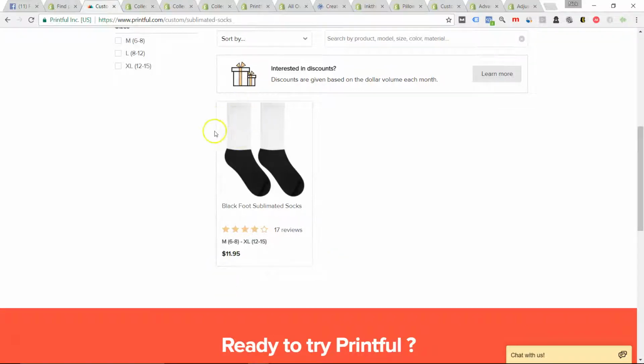Especially when you can go to Walmart, you can go to AliExpress, you can go to Target and find the same thing for much cheaper in packs of like 3 or 4 for the same price. Now, will they be custom sublimated? It all comes down to whether you can really find a niche in a market and hit it with a really winning design. I'm not saying it's impossible, that it can't work, but as you can see, the wholesale price,